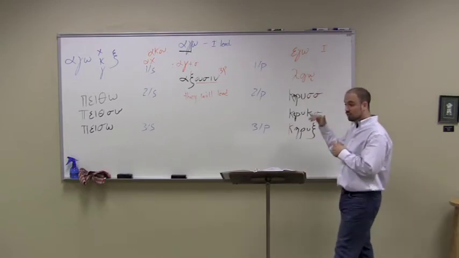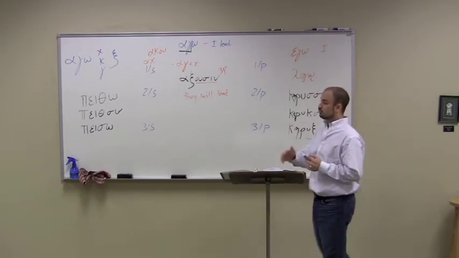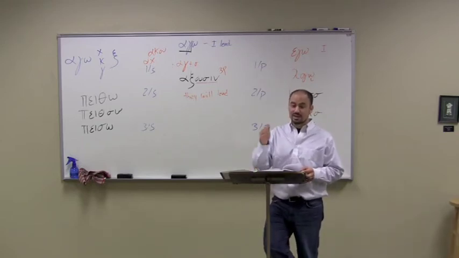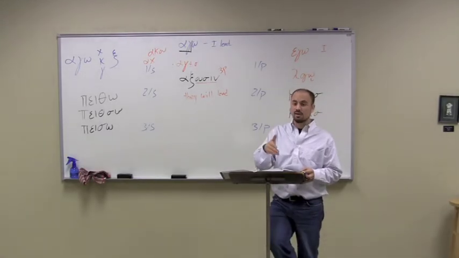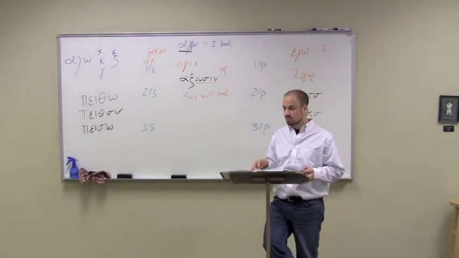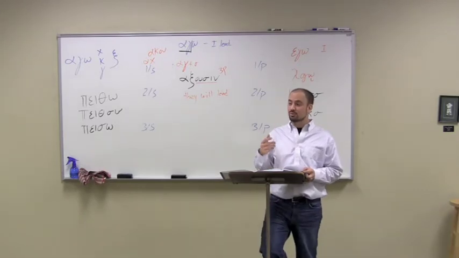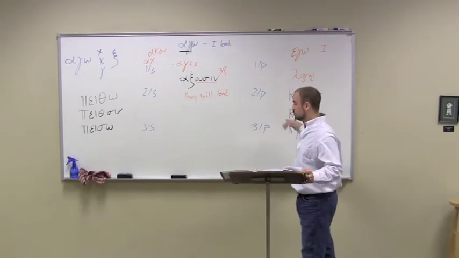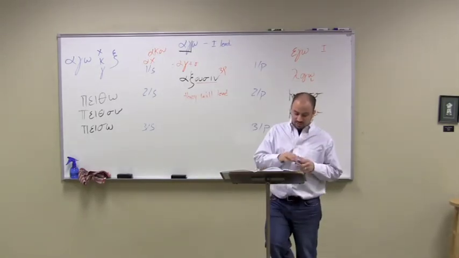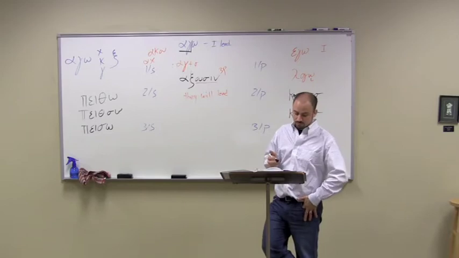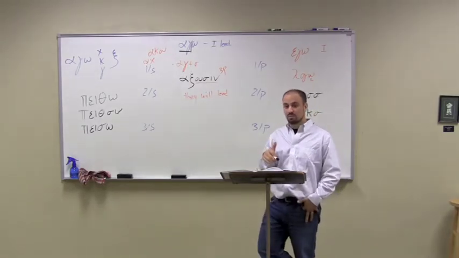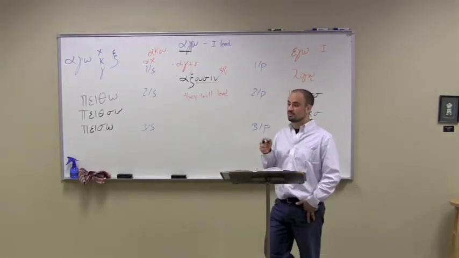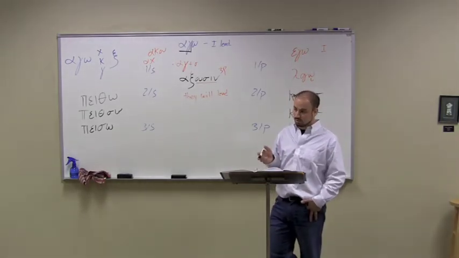You can learn it that way, or you can just learn it in the vocabulary the way that he's got it. If you flip over to the next page on the vocabulary, he gives you the present active form and the future active form of each of those verbs. So you can do it by rote. I don't advise it. Or you could do it this way. The same goes with the word baptizo. Baptiz is not the root. Baptid is the true root. So when the delta combines with the sigma, the delta falls out, and it's baptizo.